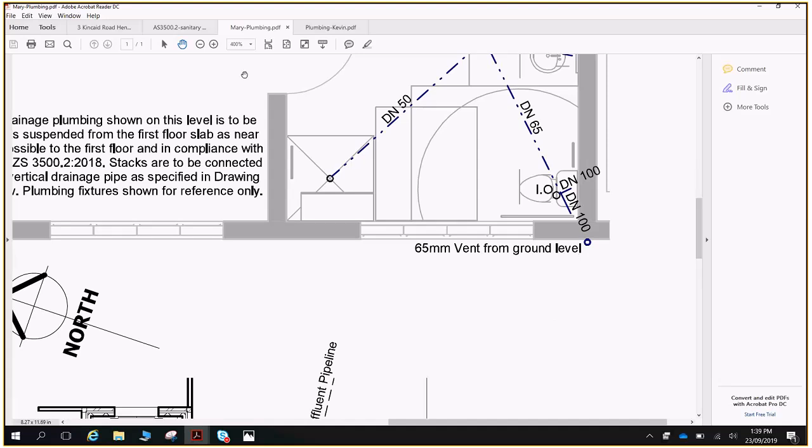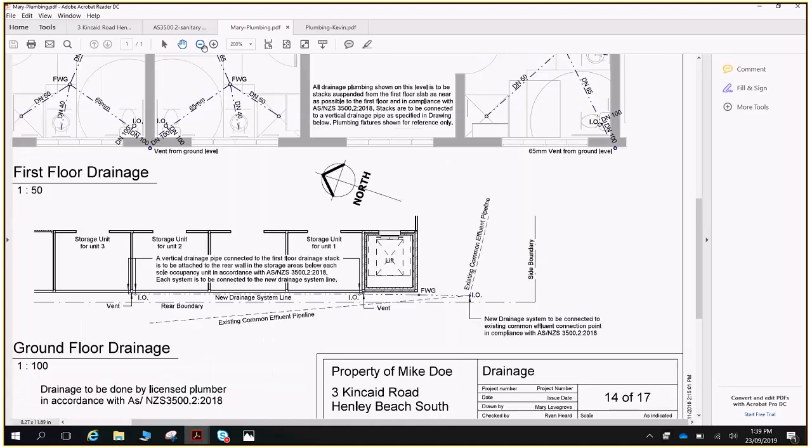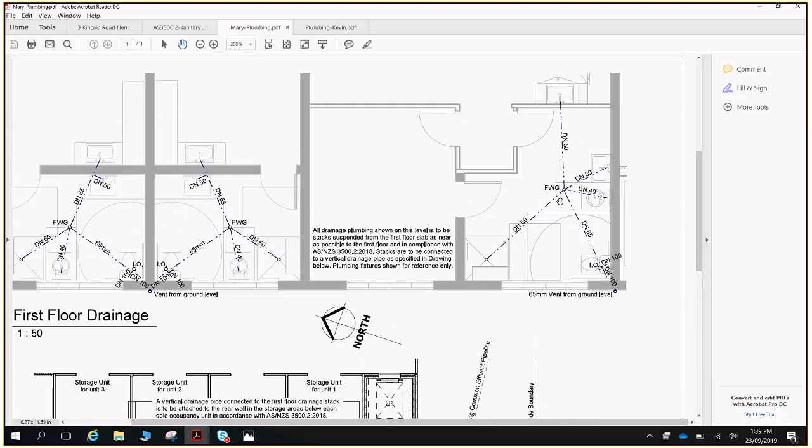But I'll zoom out from that again. We have this plumbing stack here with a vent to that one, venting that, and then we have these two plumbing stacks coming together at that main drain and venting there for that one. So I think that's the better detail to bring it all to the back of the building. Yeah, but because we are so close to the boundary,